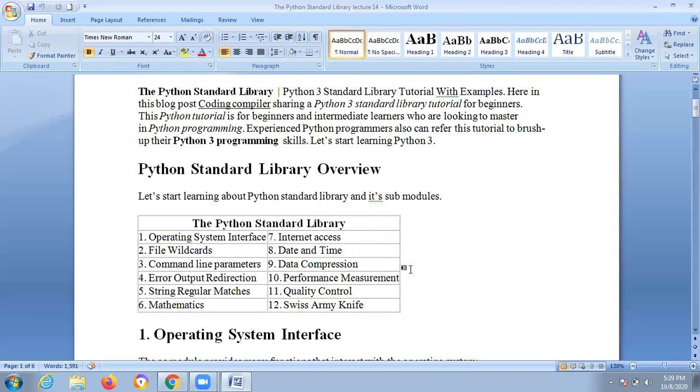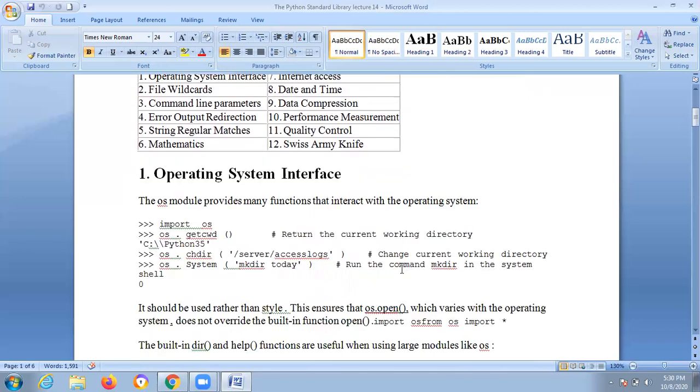What are these 12 standard libraries mentioned here? These are present in the Python standard library, which cannot be changed, and submodules can also be manipulated to support the standard library in order to function the program. Every time you create some logic in a program, it will first search the standard library and then function accordingly. First one is operating system interface.